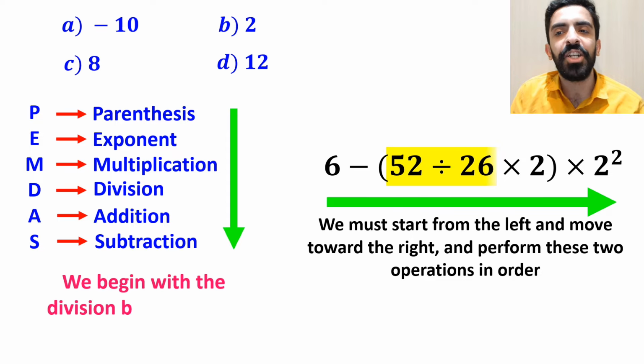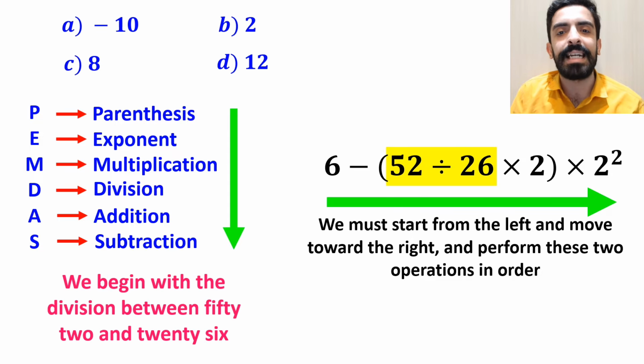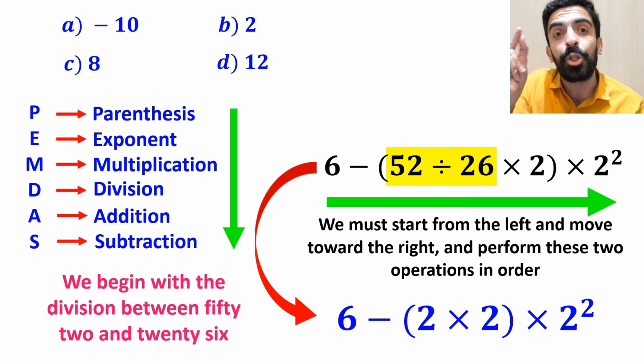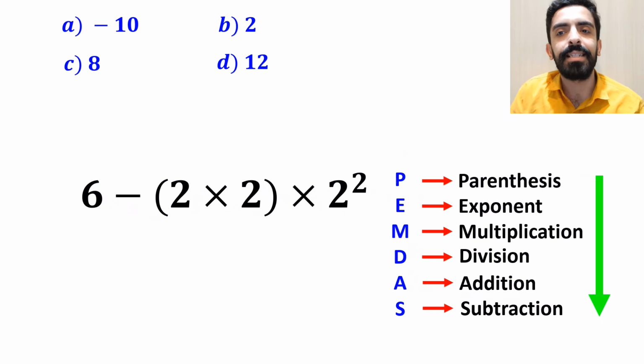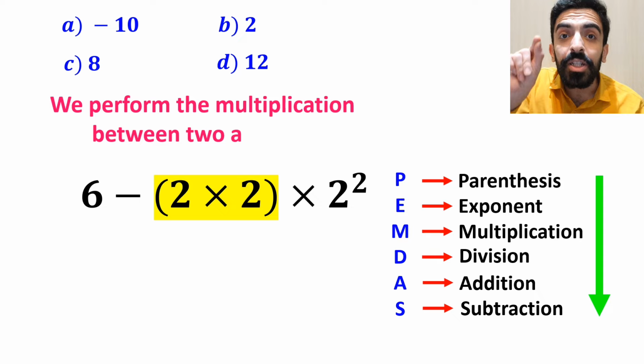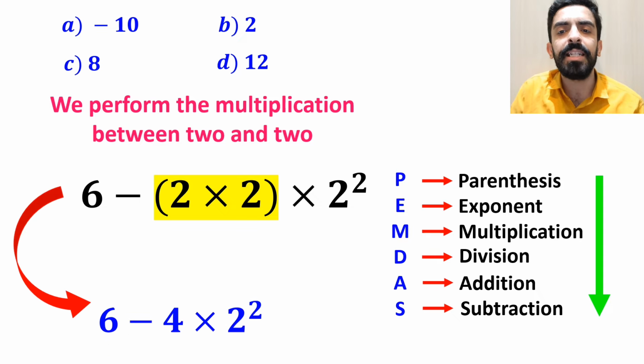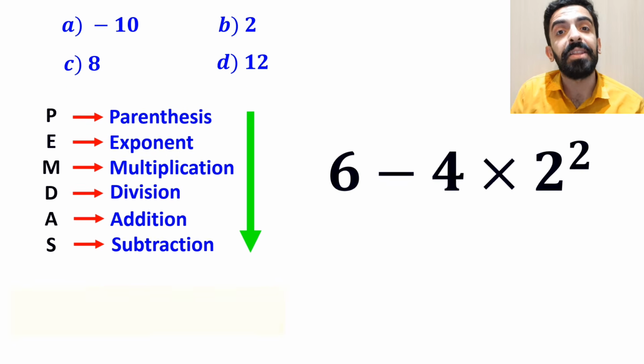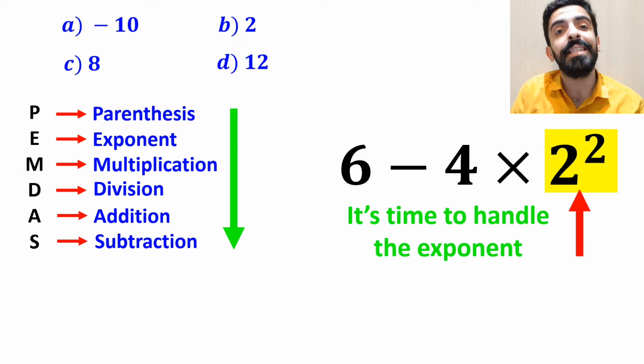So, we begin with the division between 52 and 26. And this expression simplifies to 6 minus 2 times 2 inside the parentheses, then multiply by 2 squared. In the next step, we perform the multiplication between 2 and 2 and write this expression as 6 minus 4 multiplied by 2 squared. And in the following step, it's time to handle the exponent because according to the PEMDAS rule,